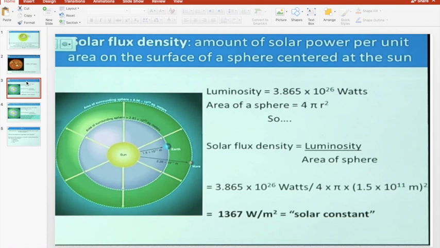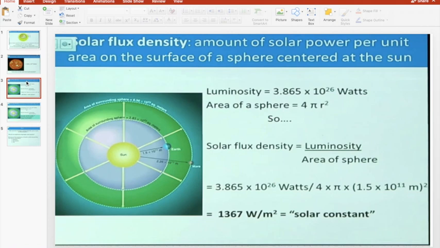Now let's compare this with a simple bulb. Suppose there is a 10 watt bulb in your room. If you move away from that 10 watt bulb, the watt remains the same, but the intensity of light will change, right? Suppose you are moving away from the source of light. The watt remains the same, whether you see it from 10 meters or from 20 meters. That will never change, right? But what about the intensity? That will decrease.